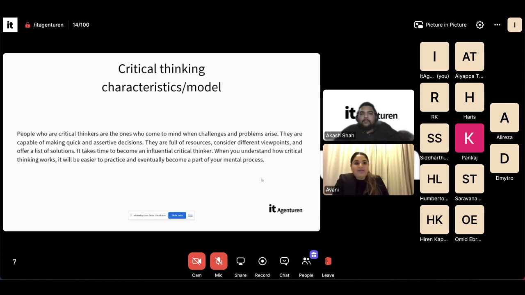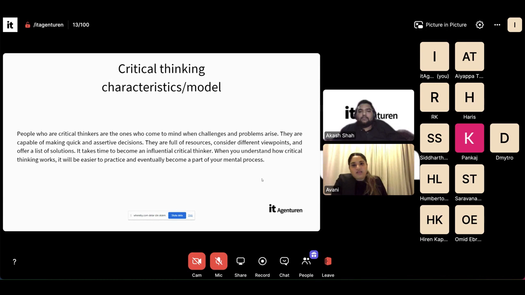Going forward, we can talk a little bit about the critical thinking model or characteristics. Before we dive into the model or characteristics, it's super important to understand a critical thinker is a person who always has one or two solutions, a person who does his due diligence before giving a specific decision or outcome. And usually, if you see around you in your technical organization, your project manager or your chief would select a person based on